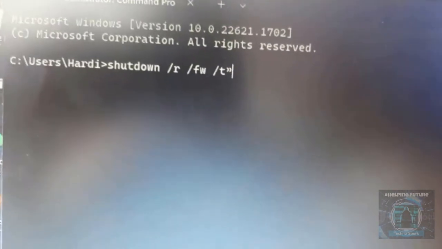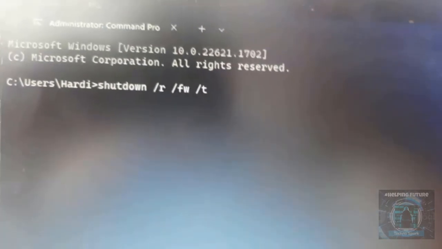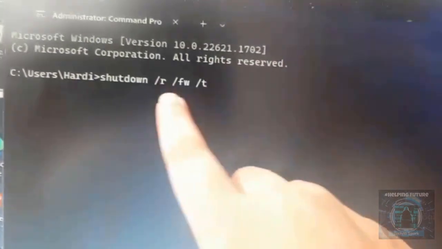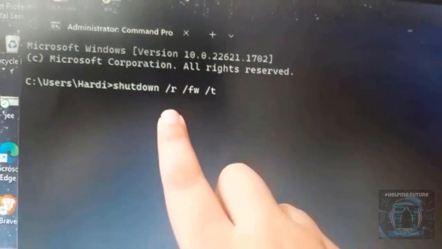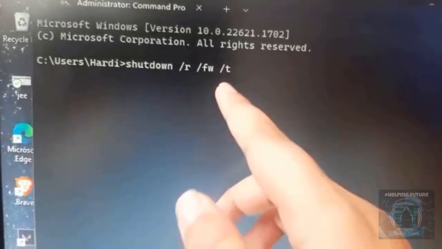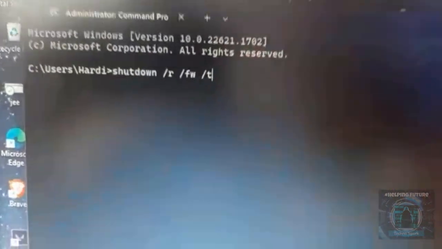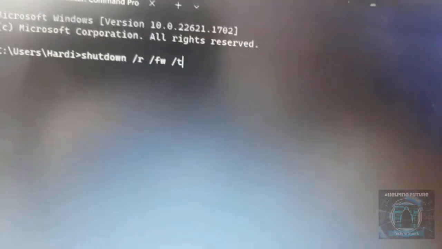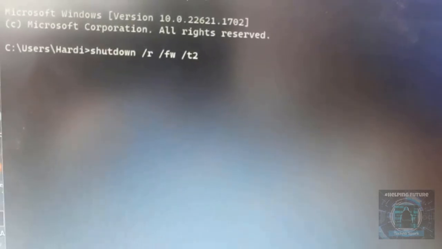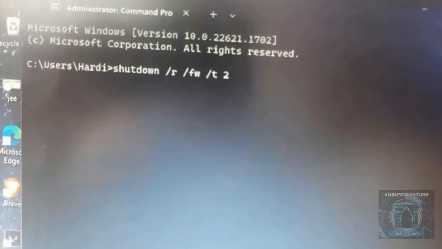Let me just explain what the command is. It is basically shutdown. So shutdown means shutdown. -r means to restart. fw means it will restart into firmware, and t is basically the time in seconds. So I will put it 2. So this, space, 2. And now when I enter it,